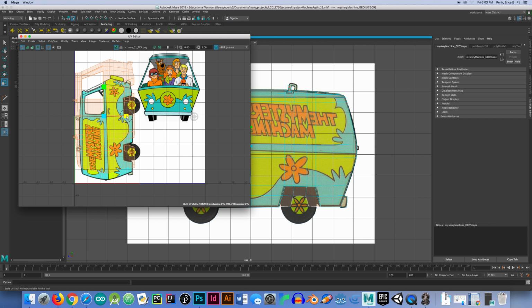So essentially what we're doing is telling Maya how to take our 3D mesh and how to apply it to a 2D texture image. That's the concept of it in a nutshell. So I'm scaling and moving right now, scaling and moving. Trying to line this up as best as I can, but I'm not going to worry about making it perfect,